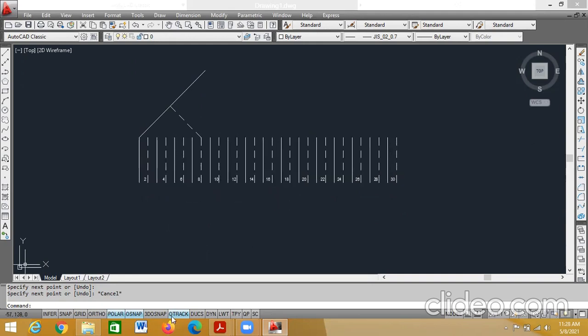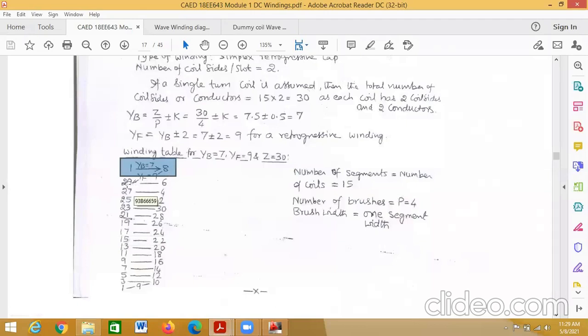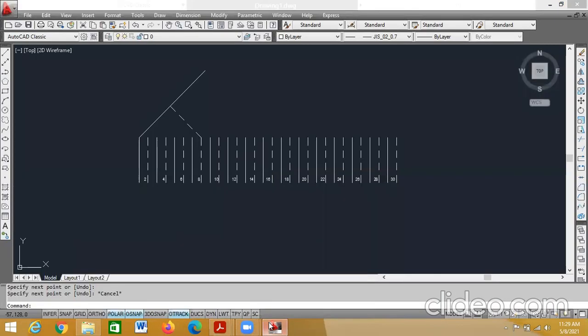YF connection. What is the YF connection you see? Eight connected to 29. So this I cannot show because 8 will come here, somewhere 29 will come here. So it will be overlapped.